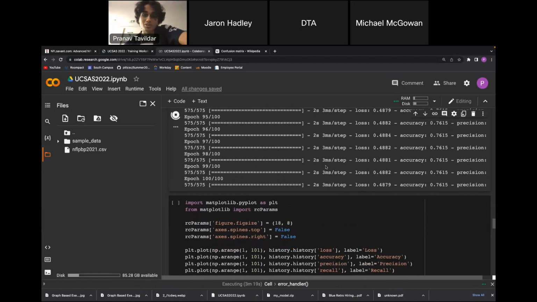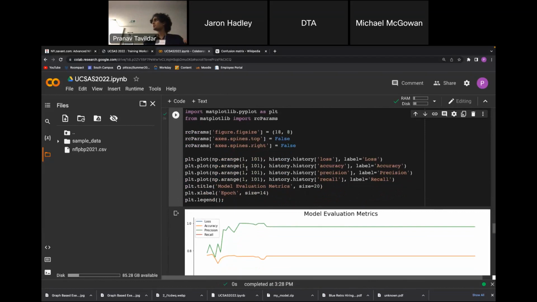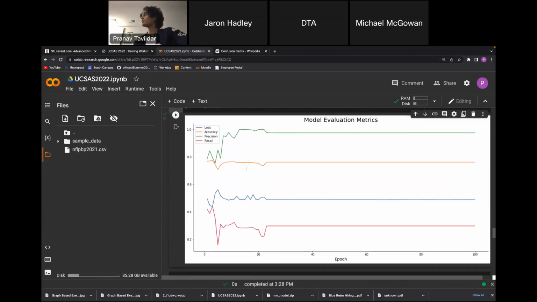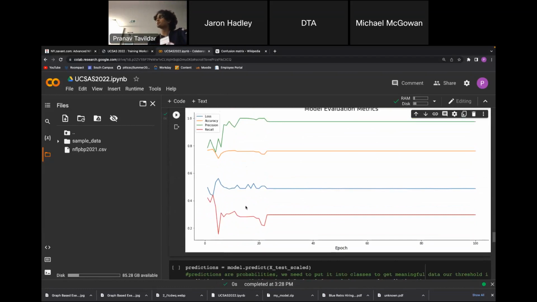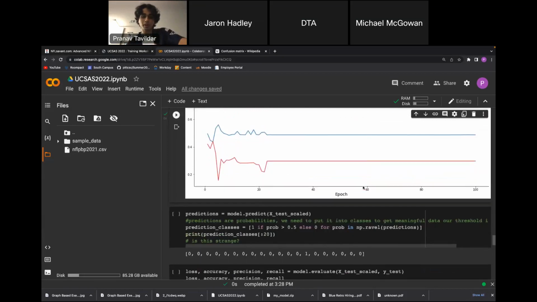Okay, so the epochs are done, right? So we have a loss here. It's sort of stagnated here, but there's a better way we can see this data, and we're going to do that using Matplotlib. We're going to plot those metrics that we were talking about earlier. What we can notice is that we do get some accuracy, but it starts stagnating. This indicates that maybe we ran it too long. Maybe I did that on purpose so I could do this event, but who knows? It could just be a data quality problem. Theoretically it could be improved, but we reached a pretty good accuracy as it was, so we could just leave it like that for now.